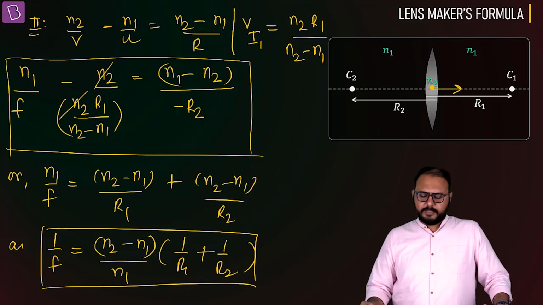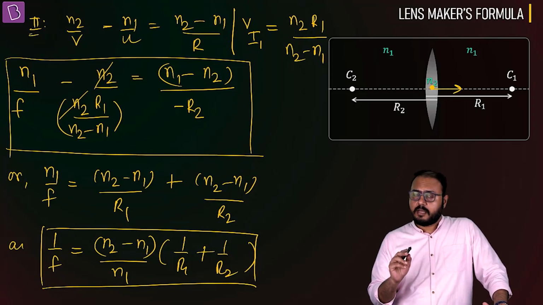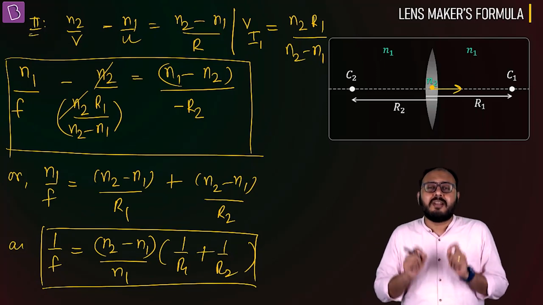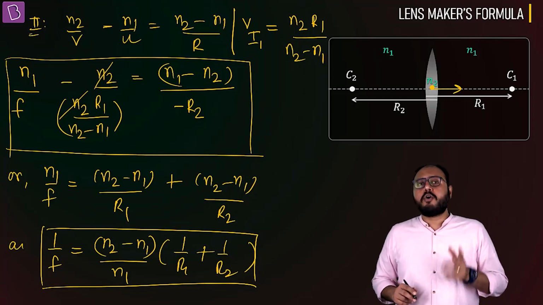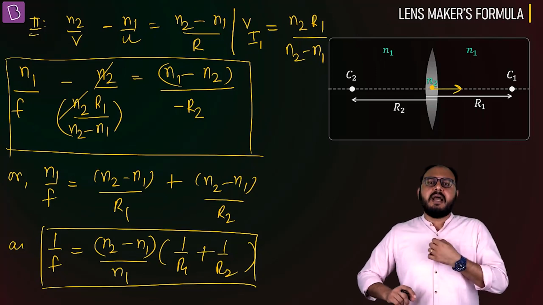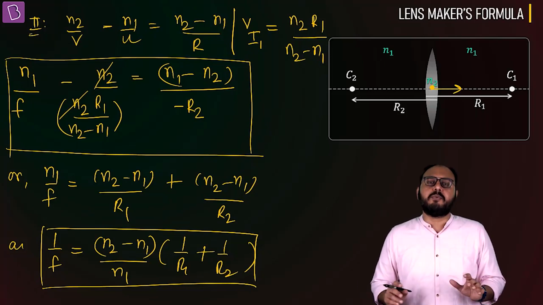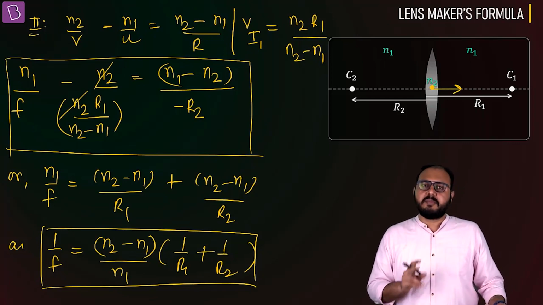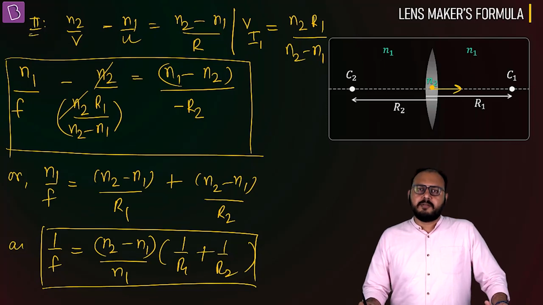Take your time. Is this the formula? No. This is the result for focus for a biconvex lens. If you derive for a biconcave lens, some minor alteration will come. But as I said, I want to make the formula better for everyone. So are you ready for me to customize this formula? I'll give you 30 seconds for what I did. Now I'll customize the formula and then make it general.